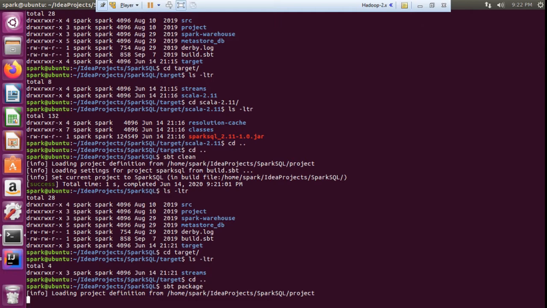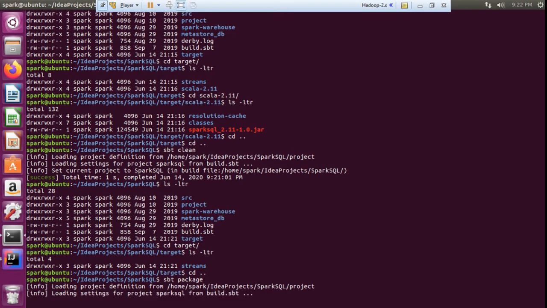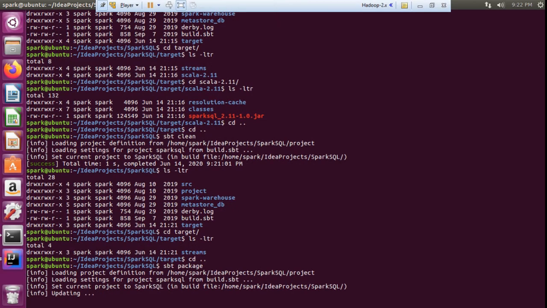If you create a Maven project, the command is mvn clean, mvn install. To remove an existing jar, use mvn clean, or to create a jar file in Maven, mvn install. Now it is creating the jar file for the Spark SQL project.